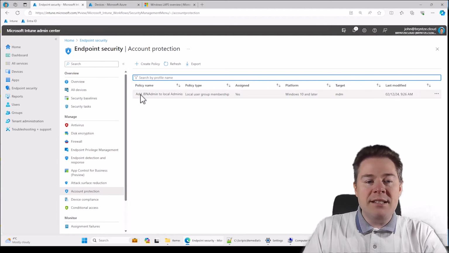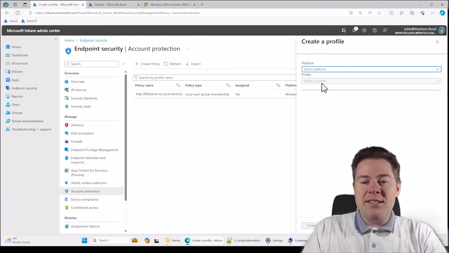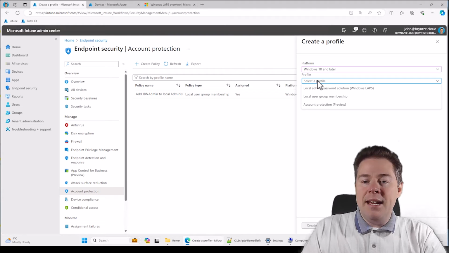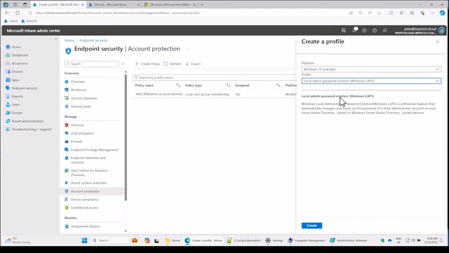And we just previously created a policy to be sure that JBNAdmin is always a member of the local administrators. So we click on create policy, select platform, always Windows 10 or later. And here we have our local admin password solution, LAPS. Well, it's administrator, really it's not the local administrator. But okay,